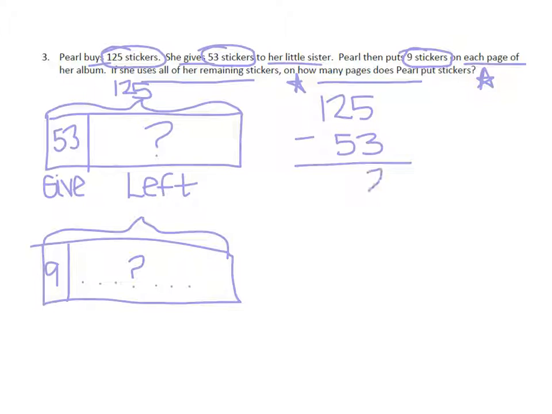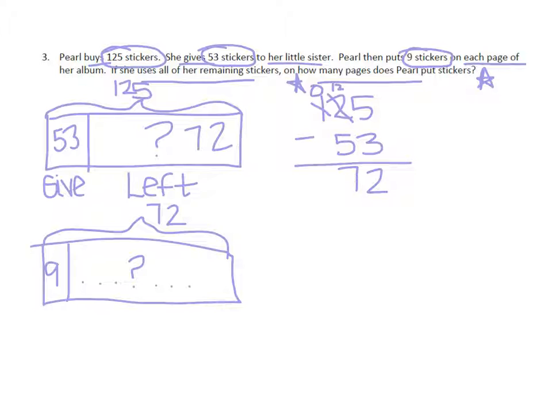5 minus 3 is 2. I cannot do 2 minus 5. So I have to borrow from the hundreds. So that's going to become a 0. And I'm going to add 10 to the 2 I already have. So now I have 12. 12 minus 5 is 7. So that means that she had 72 stickers left, which means that that is the number that she has, 72,